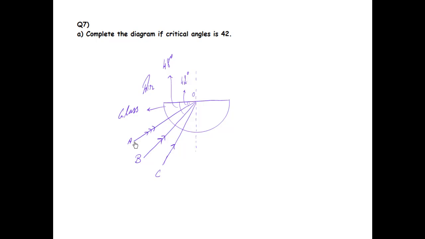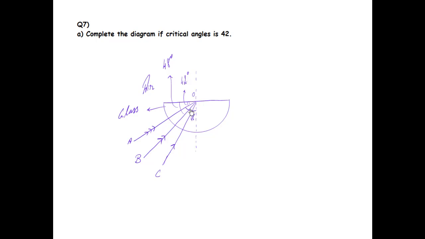Now it is given in the diagram that ray A makes 42 degrees with the surface, whereas ray B makes 48 degrees with the surface. However, one should remember that angles measured in refraction of light are with respect to the normal. So we should not take this angle into account for ray A, but its complementary angle, which is 48 degrees out here. So we should take into account this angle, which is 48 degrees, and therefore for ray A,